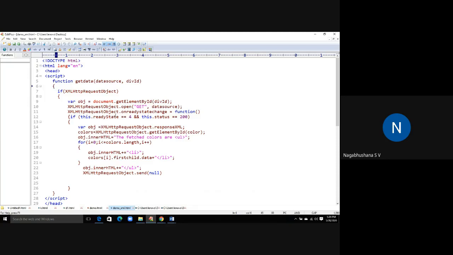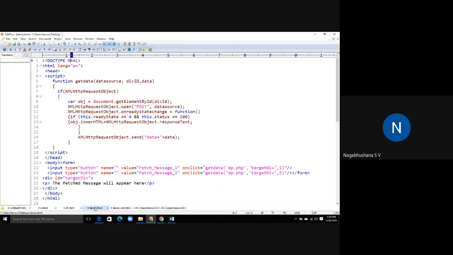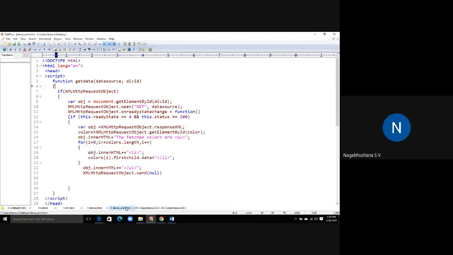Now XHR will be assigned a function, and if the ready state is 4 and the status is OK, then you can see the response is sent back as an XML file to an object. In the previous case, the response was in the form of response text. Here you can see it is in the form of response XML.